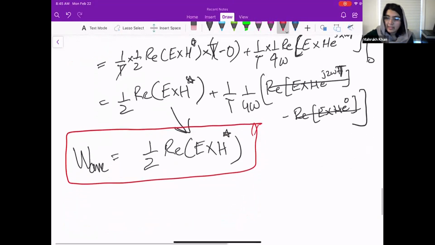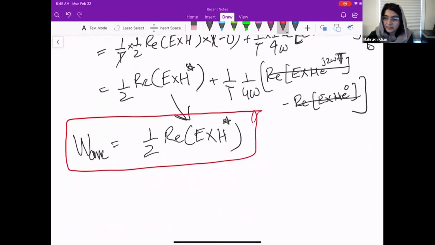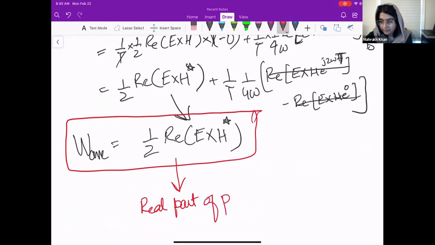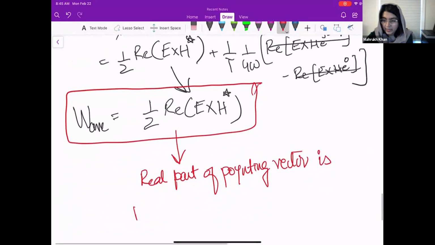So if you are thinking that this real part of the Poynting vector is radiated energy,